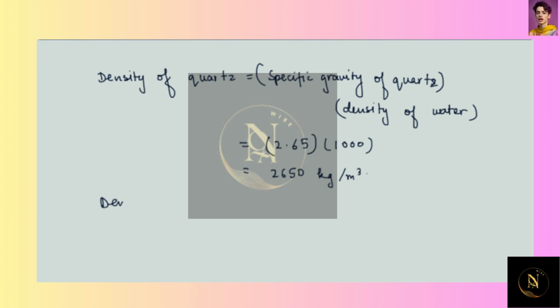Similarly, we can calculate the density of galena by multiplying the specific gravity of galena by the density of water. So, the specific gravity of galena is 7.5. Multiply this by 1000, we'll have 7500 kilogram per meter cube. So, this is the density of galena. Now, we can calculate the settling velocities of the smallest and the greatest particles of the mixture for both quartz and galena. For quartz,